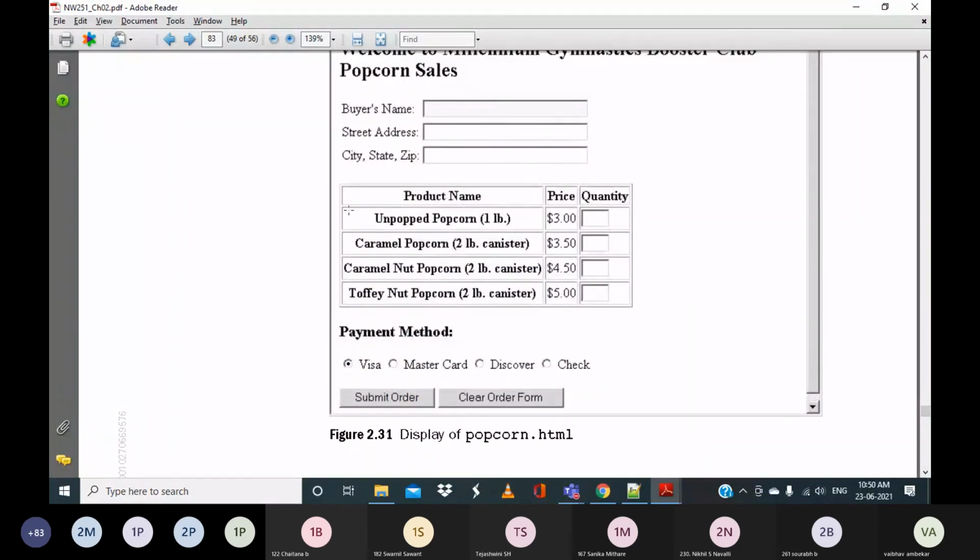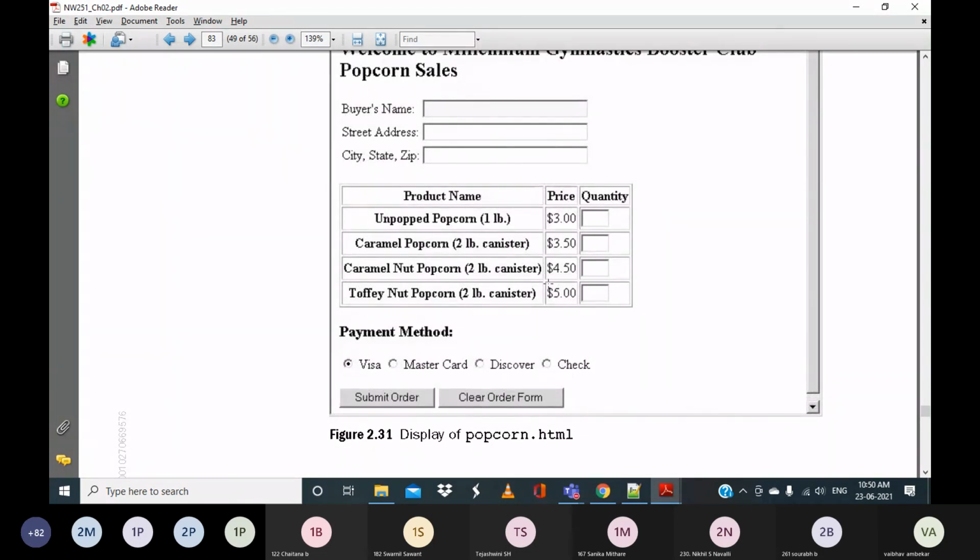So from the second row onwards, from second to fifth row, in the third column, that is the third td, you have to use input type equal to text, and then give a name, and specify size as 2 or 3, whatever it is. If you don't specify size, it defaults to 10, and then this column will become a little bigger.